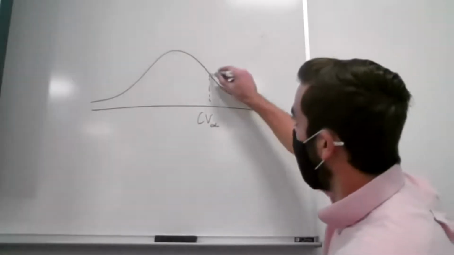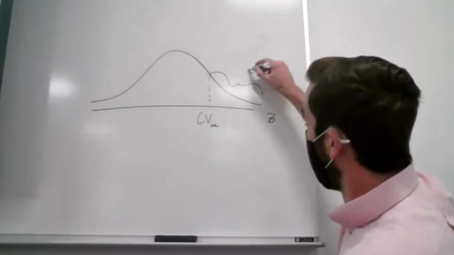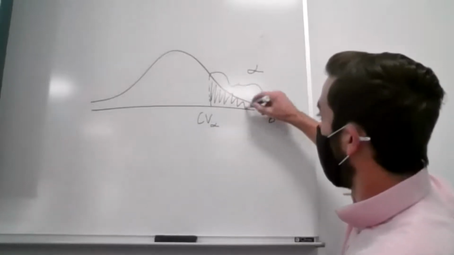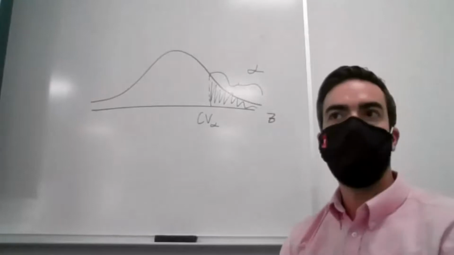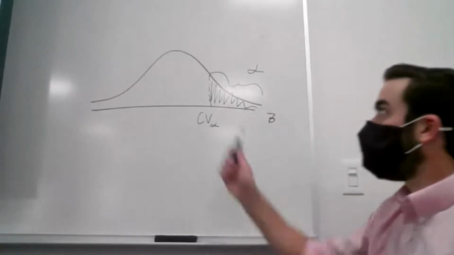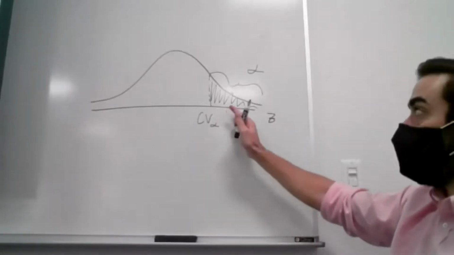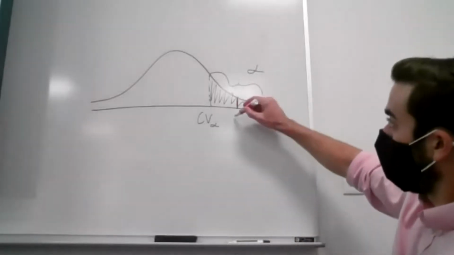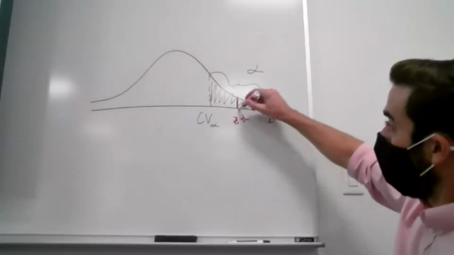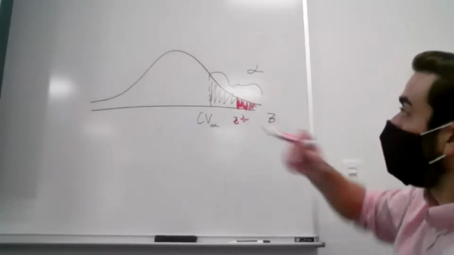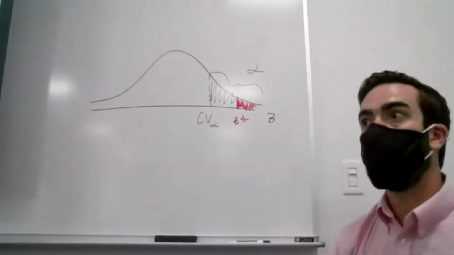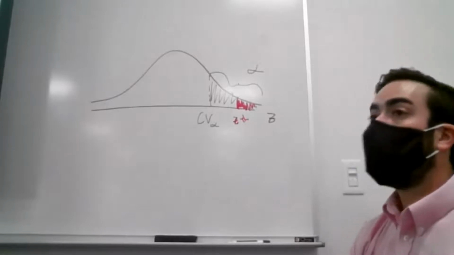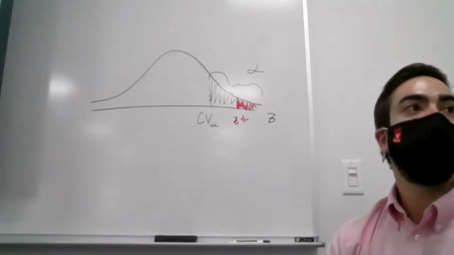It's going to be the critical value associated with seeing alpha in that right tail. So what it's ensuring is that if I see a test statistic in that rejection region, here's my test statistic, then the probability that I saw that test statistic or anything more extreme is lower than the probability of type 1 error I want to make,